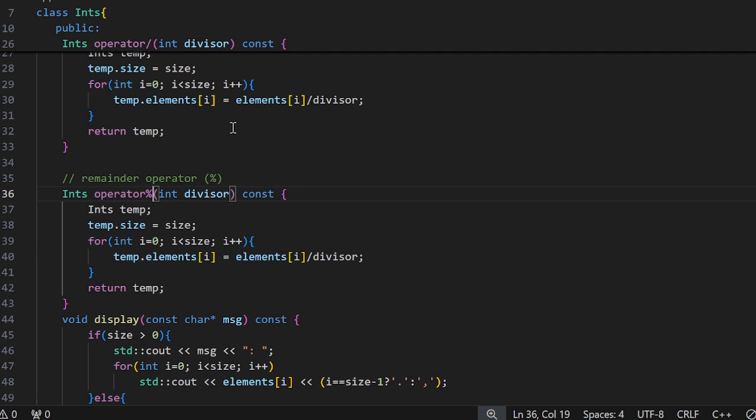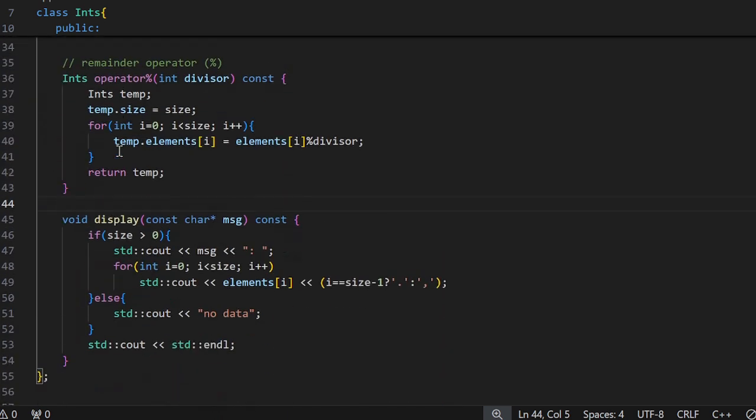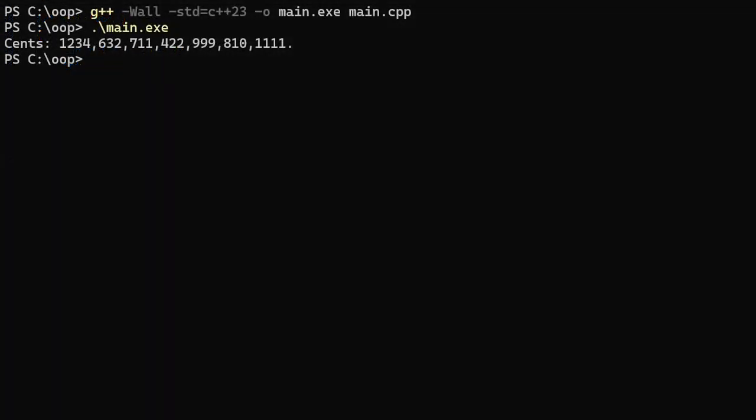Everything else will be pretty much the same, except instead of dividing we actually do remainder here. So I think this should be okay code for me to at least test and see what data these statements will display. Switching to the terminal,